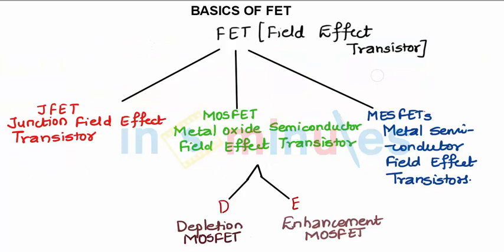Now last is the types of FETs. Field effect transistors are divided as junction field effect transistors called JFETs, metal oxide semiconductor field effect transistors called MOSFETs, and MESFETs, metal semiconductor field effect transistors. In MOSFET again you have D channel MOSFET, you can have E channel MOSFET. D is depletion type of MOSFET, E is enhancement type of MOSFET. We obviously will see in your syllabus you have JFETs, MOSFETs, both D as well as E. Metal semiconductor field effect transistors are basically removed from the syllabus, but in the total FETs they come in the picture, right?